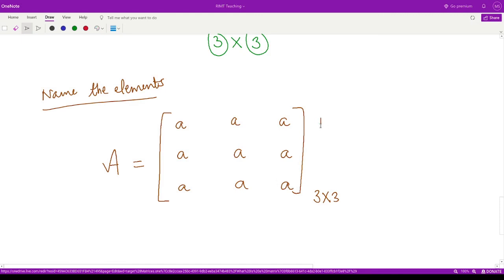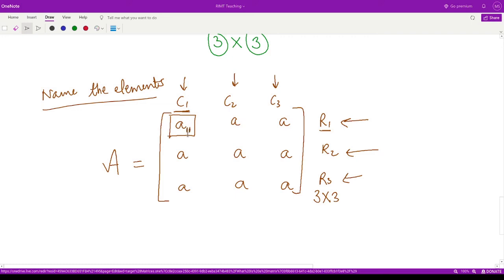This is your first row, this is your second row, and this is your third row, and this is our first column, this is our second column, and this is our third column. Now this particular element is present in the first row and first column, so we use the index 1 and 1 here.